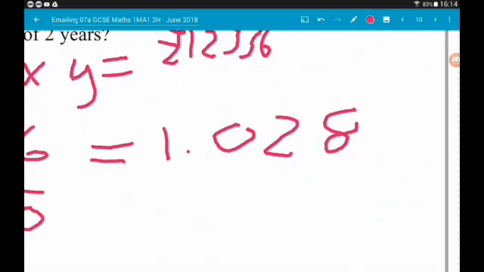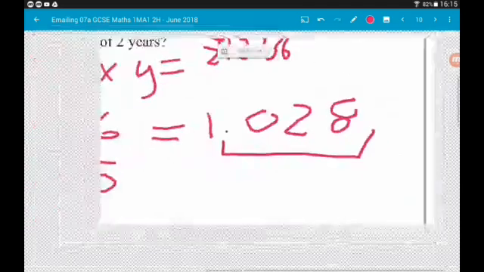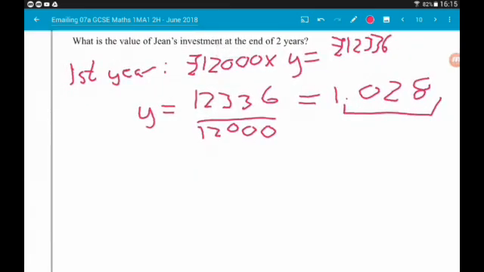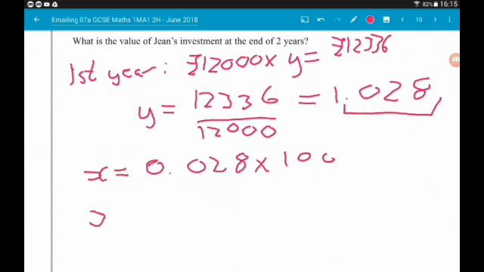The part that increases the number is what's after the decimal. So we now want to turn 0.028 into a percentage, and that will tell us what x is. So x is 0.028 times 100. So x is 2.8. So the percentage interest that she got paid in the first year is